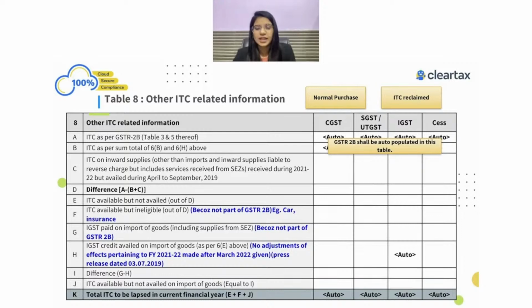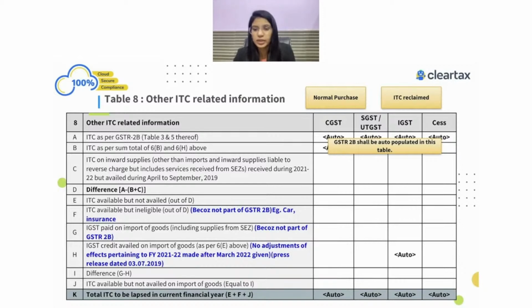I'm getting a mixed answer again. Some people say yes, some people say no. So the first question is, am I eligible to claim that ITC? The answer would be yes, as per the new rules. Because as per the new rules, I can claim that ITC till 30th of November, which means when I claim that ITC, I always claim it in the 3B filing. And in 3B filing, obviously, I can claim that ITC till my October return period, right? Since I can claim in my 3B, in the October return I can always claim that ITC